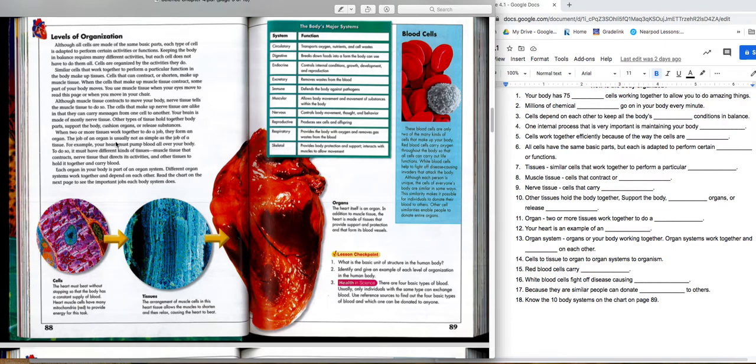The job of an organ is usually not as simple as the job of a tissue. In other words, muscle tissue, all you do is contract. Organ, a little bit more. Let's see why. For example, your heart must pump blood all over your body. To do so, it must have different kinds of tissue. It has to have muscle tissue that contracts. It has to have nerve tissue that tells it what to do, and other tissues to hold it together and